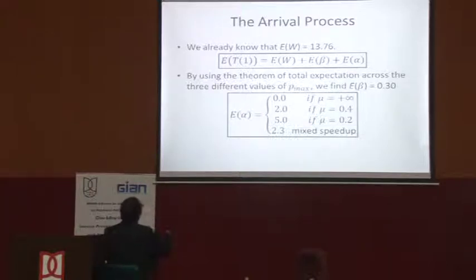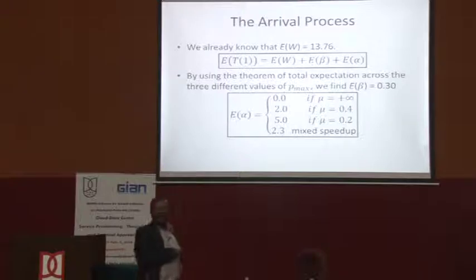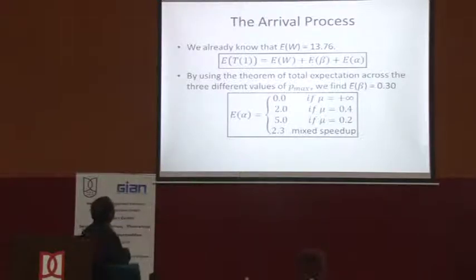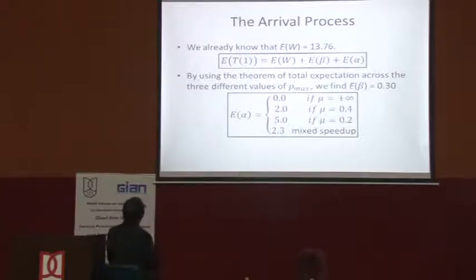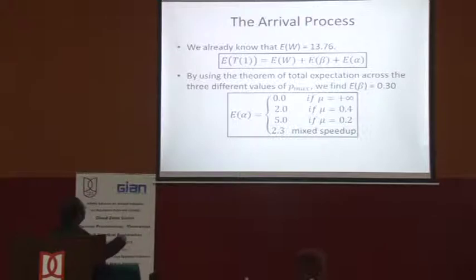Okay, so we can calculate the execution time on one processor. We can do this because we know the mean service demand for all jobs, which is 13.76. We know that by using the theorem of total expectation, and based on the number of tasks in one particular application, we can derive the value of this one as 0.30, and all this is done in there. And also the value of this can be